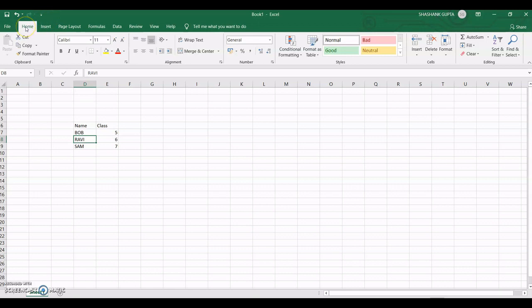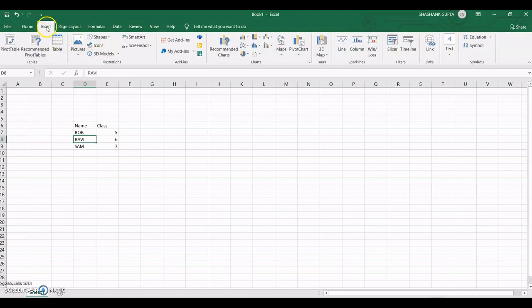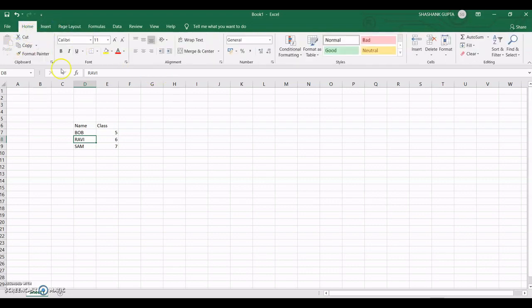First, go to the home tab on the ribbon. These are our ribbons, and these are the menu bars. I'm talking about the home menu bar ribbon. There are lots of options there: clipboard, font, alignment, number, styles, cells, and editing. If you want to insert a row, there is the cells option. The insert feature is there. By selecting the insert feature, there are four options.